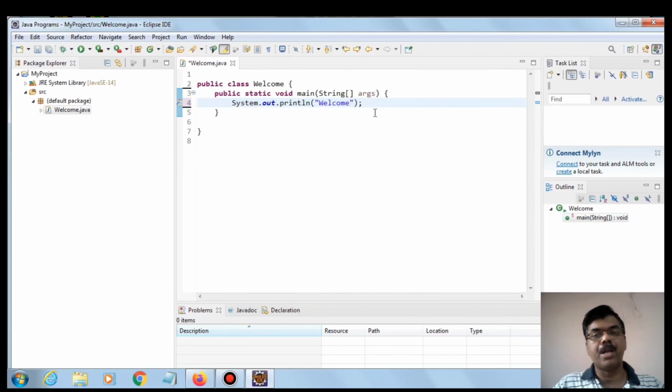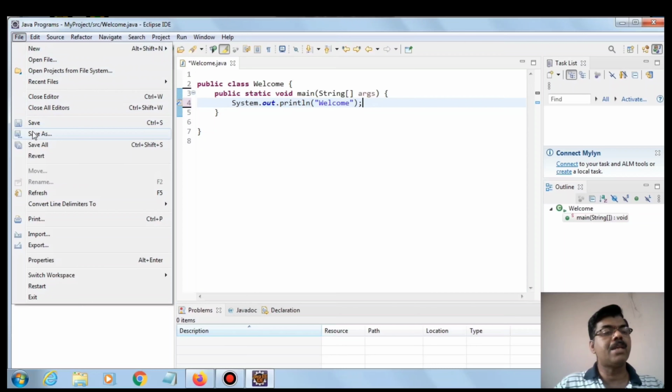and end with semicolon. If you miss out semicolon, in Eclipse it's going to highlight the compile time errors with a red color line, and when we keep the mouse pointer on this red color line, it's going to highlight the error. It's going to say syntax error, insert semicolon to complete block statement. So let us keep semicolon and save the file.